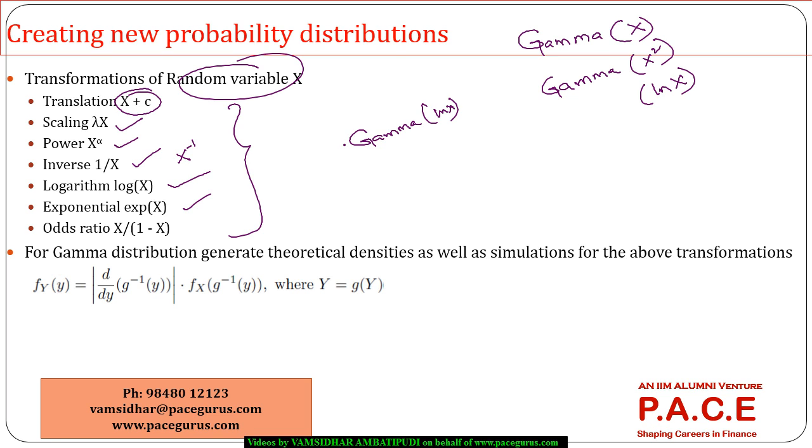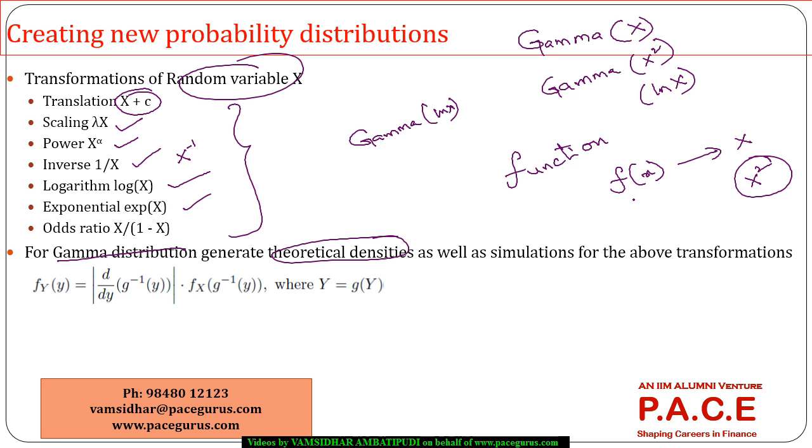I am more interested in finding out the gamma function. Instead of taking the gamma function of x, I want to see how the gamma function looks for x plus 1. Right, instead of taking x, I want to go with x plus 1. So in this case, there are two ways. One, we can write our own custom functions. So if I am talking about a gamma distribution, f of x is the density function with respect to x. But if I want the density function with respect to x squared,